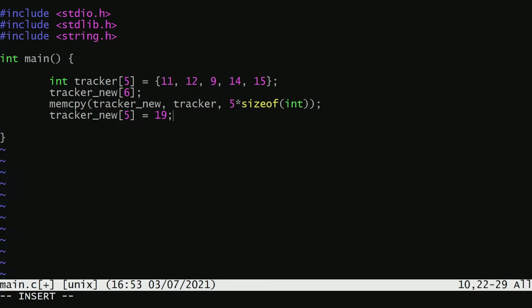Say we did a really good day on the last day. So this would create a 6 element array instead of the original 5 element array that we had before, and then we're going to store 19 into it. To show this in action, what we could do is say tracker indexed at